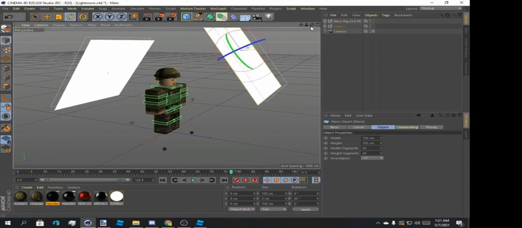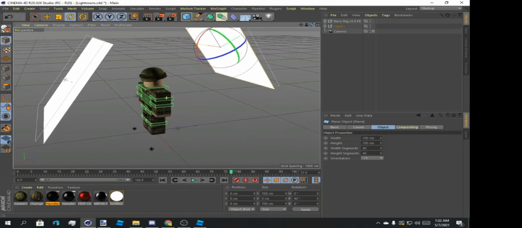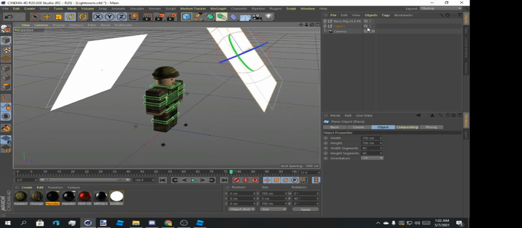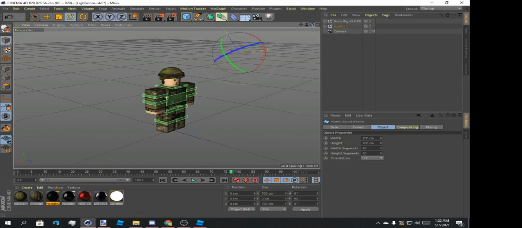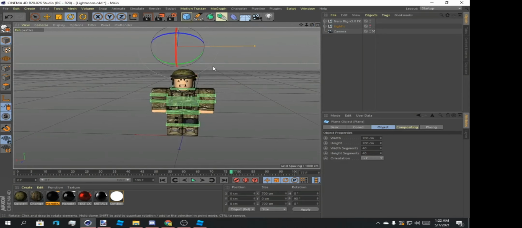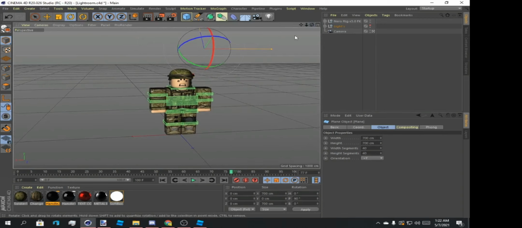Now these lights, if they bother you, they kind of bother me a little bit, so what I like to do is go to this top little circle, click it twice, and they disappear. It doesn't mess with the lighting of it, it just clears it so it's easier for you to see. Now you go to File,